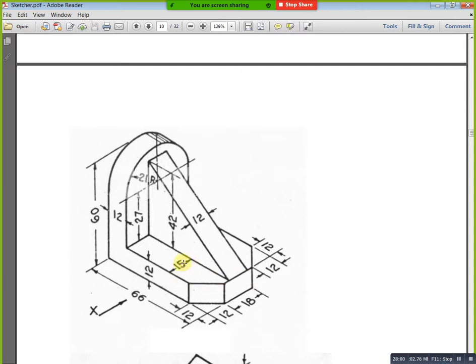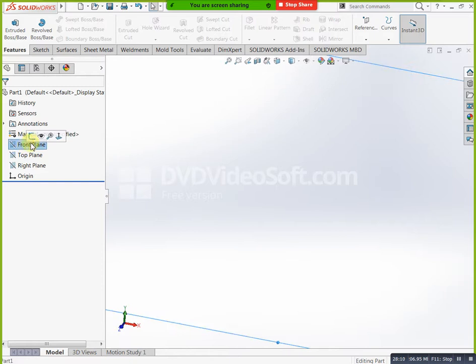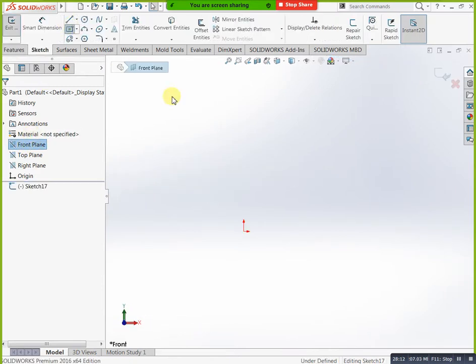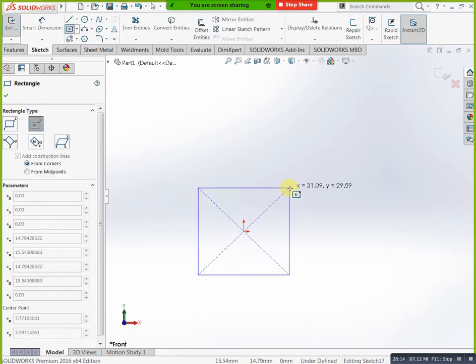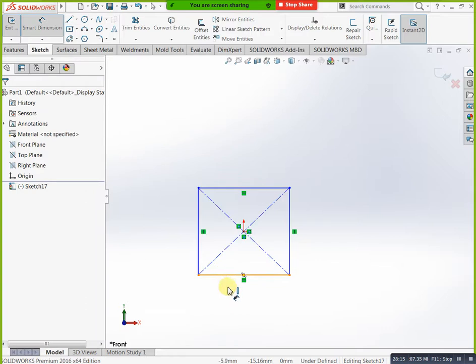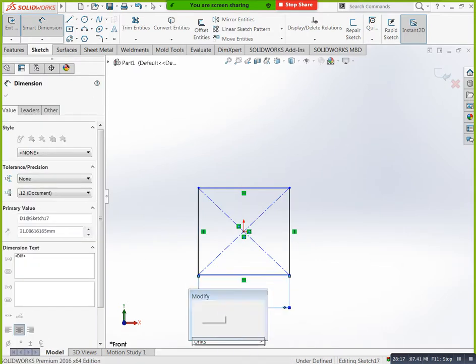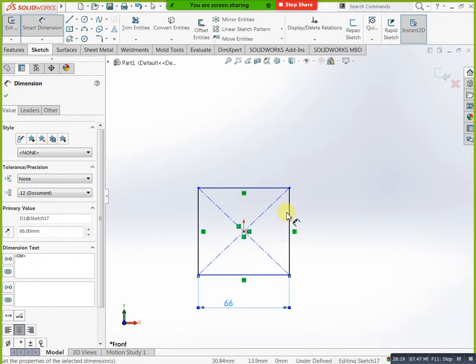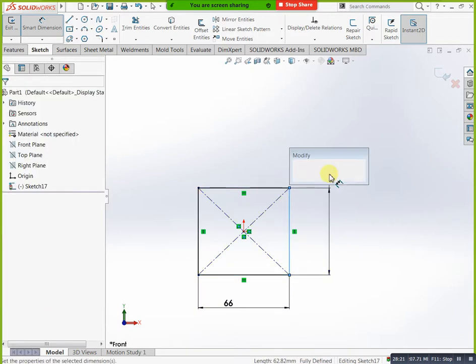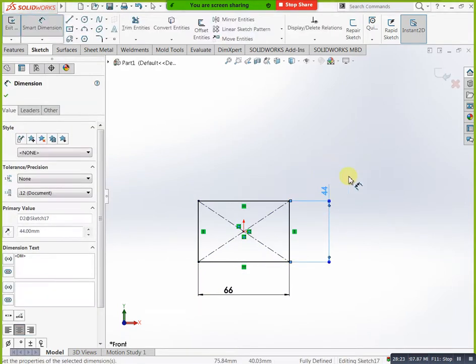Already we mentioned 12, right? For the remaining you need to take 60 minus 12, which means 48. Okay, now you can select this, go, Control 8. Again you will take one more circle, a corner circle, exactly from this point to here you can mention like this. Then you can mention your dimension. Already we know the dimension, 42.